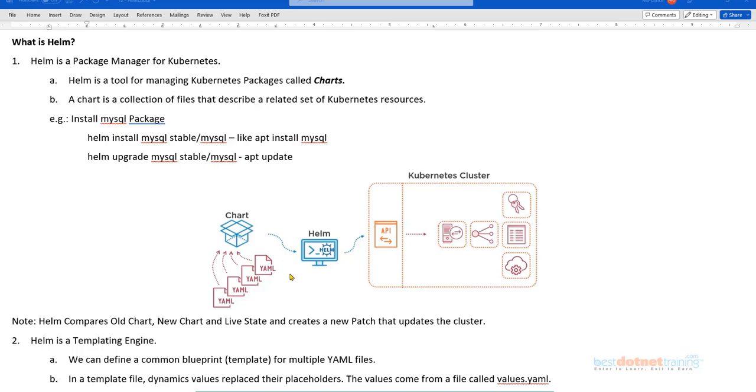So Helm allows us to patch existing applications. For that, it keeps track of the old charts. It knows what changes you want to make, because it can look at the new charts and knows the differences. So it can do a differential update. That is what we call it, a differential update.